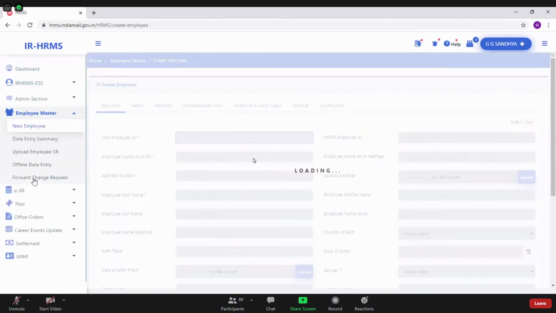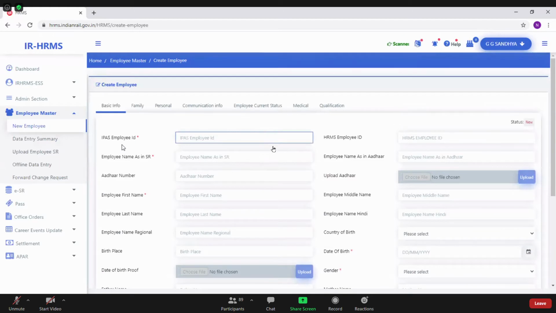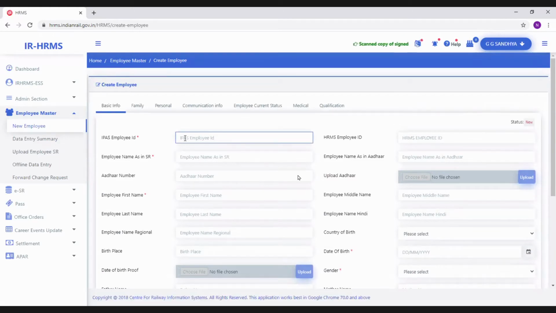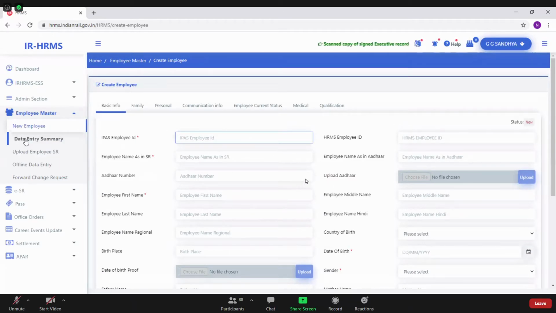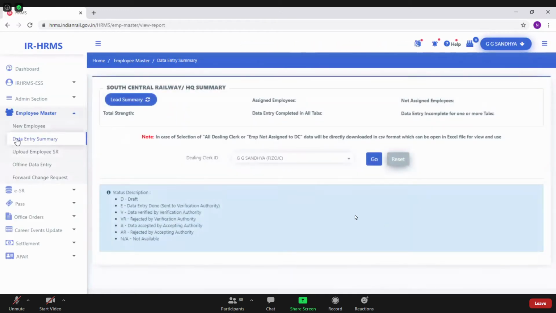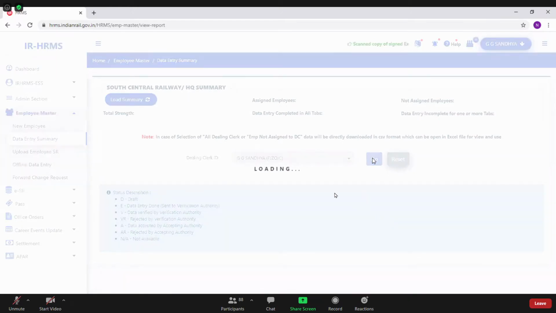So this we have already seen. New employee, how a new employee's details are entered. So after which there is a data entry summary. This is for the dealing clerk. So once I say go,